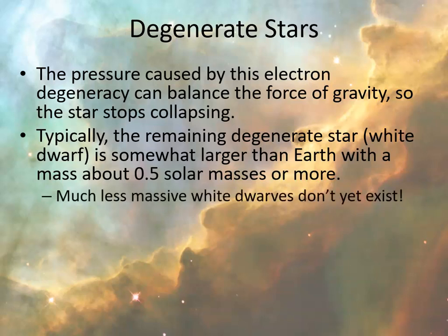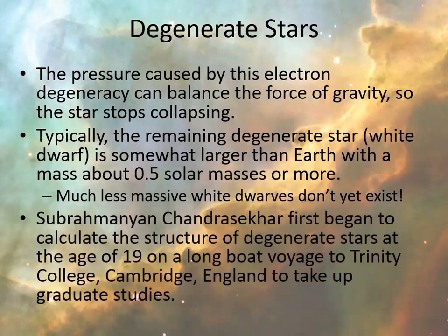And this works for stars of more than, or white dwarfs of more than about 0.5 or so solar masses, and all the way up to, as we're going to see, 1.44 solar masses. Although something actually special happens a little bit before that that we're really going to get into in detail later. Now, that